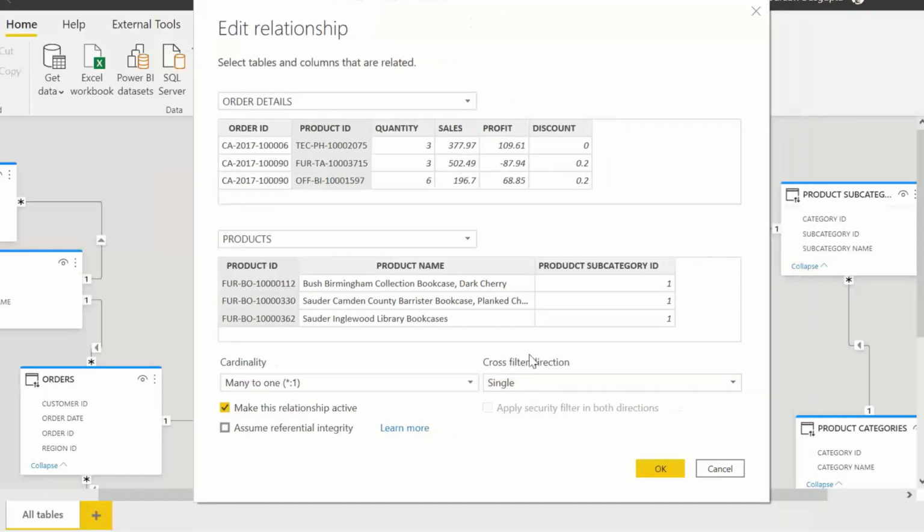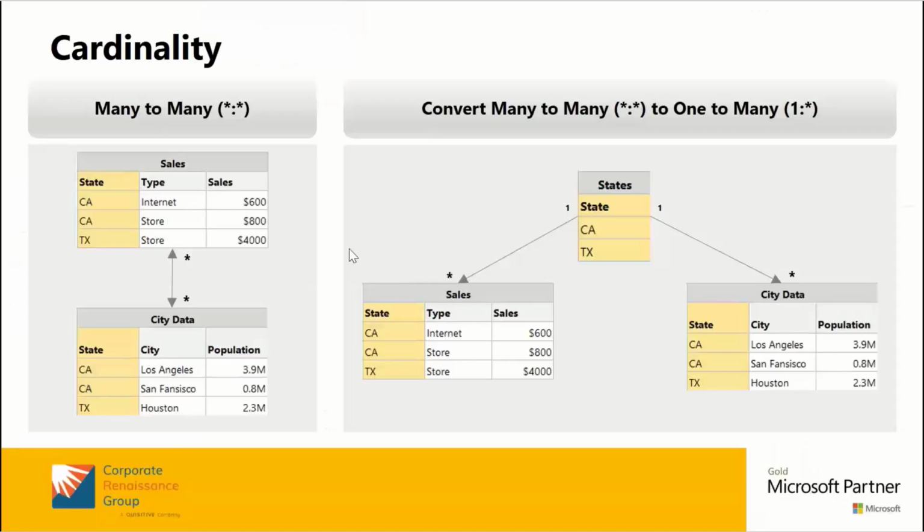Now the second thing is, what is this cross filter direction, and is it also important? Okay, can I just go with the default one, and do I really need to go and see what different options are here? So let me explain this with an example. So let's go back to the PowerPoint, and